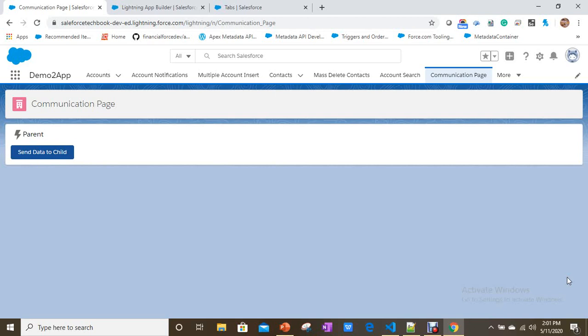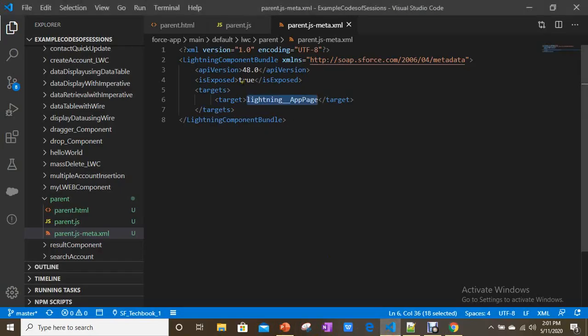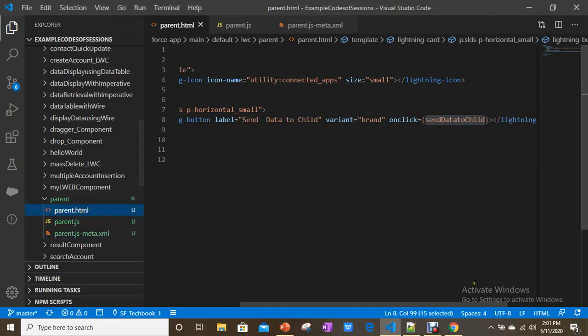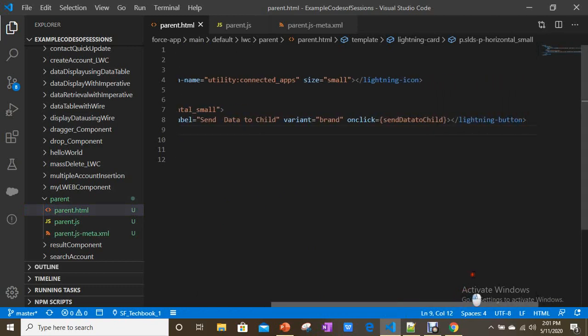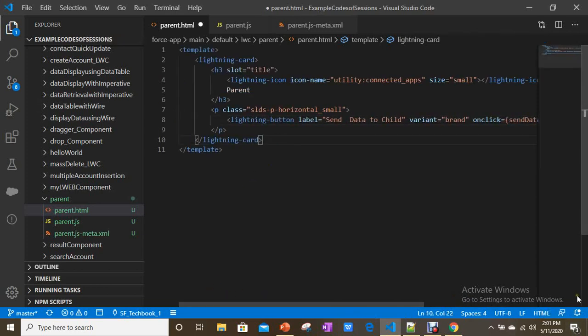Now I am going to include our component named child into this component. To include our component, you just need to follow kebab case. Here I am going to include it. See, this is the default namespace.